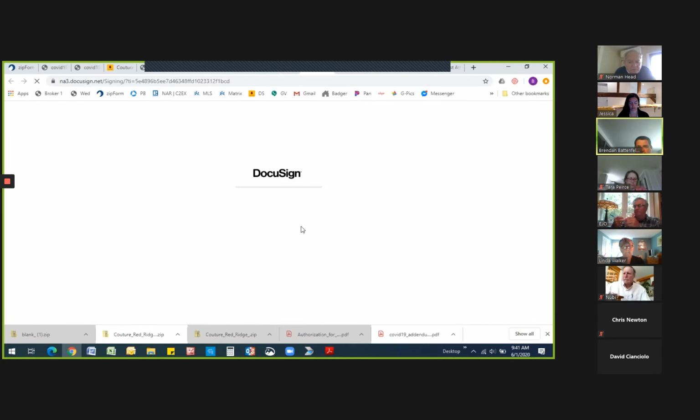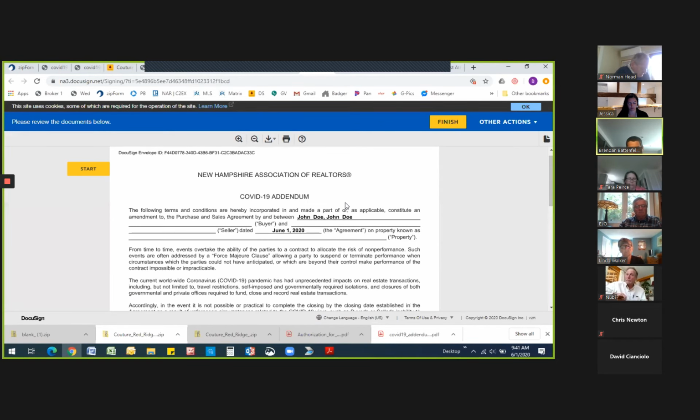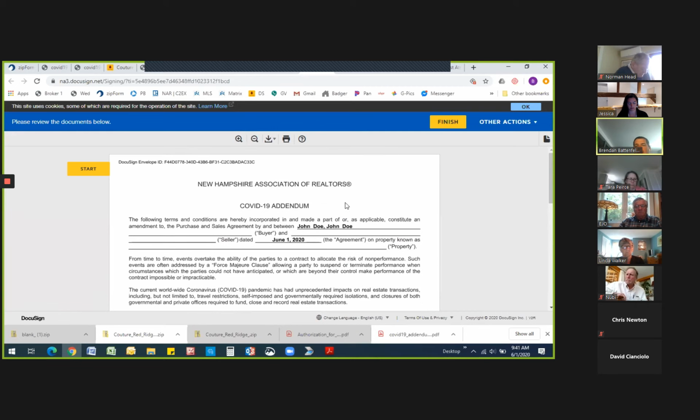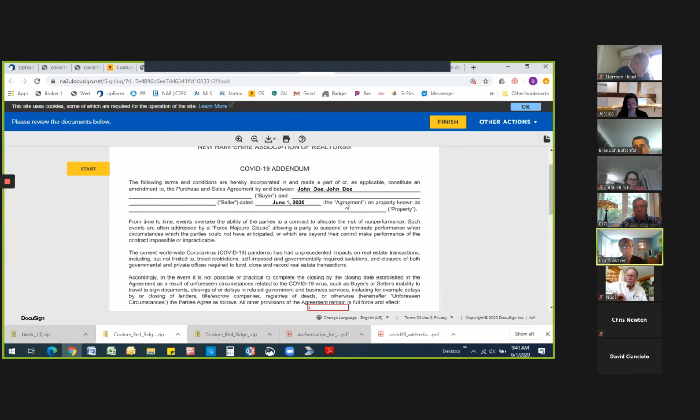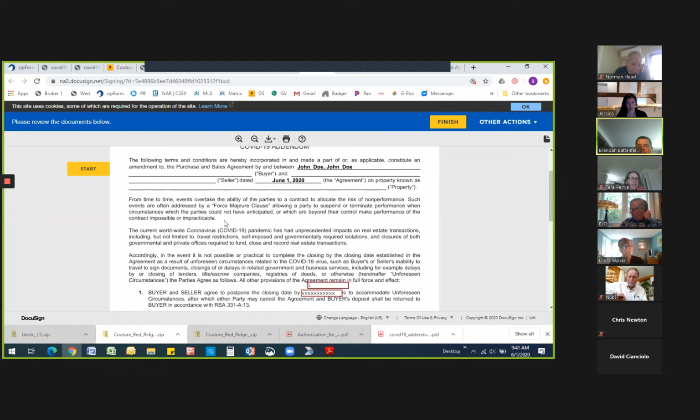Review document. It's going to send them into here. We're just going to hit this quick. They're going to have to agree to electronic signatures. It's pretty prominent, so they should be able to see that. Continue. The one downfall, we don't have a lot of pages here. DocuSign, if you hit start, it will just throw you through the pages quick,